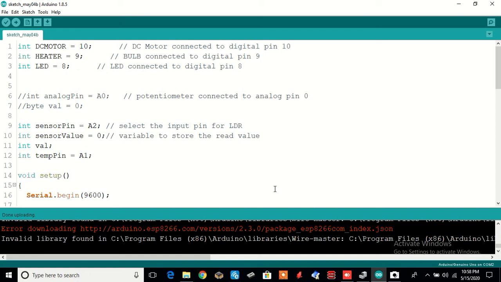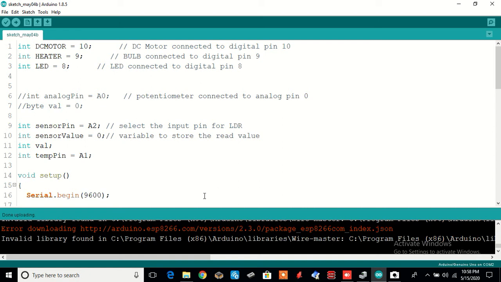But since I would like to demonstrate the sensing part also, this program explains the hardware initialization. The subsequent tutorials will explain the PID algorithm and its implementation and the IoT platform.